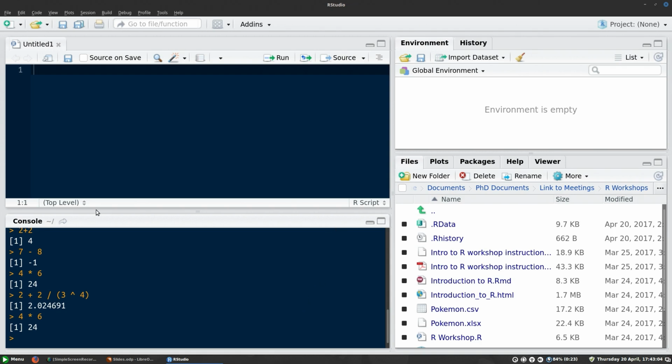So this is R, but actually a better way of keeping track of what you've typed and keeping track of which bits of code work and which bits are rubbish is by using the script up here. So if you click on the top left panel. So up here, if I type 2 plus 2, and hit enter, I just go to the next line and nothing happens. If you hit control and enter, what happens is the script passes this line into the console, basically gives the line of code to R, and R runs it. So R then says this is 4. And I can keep